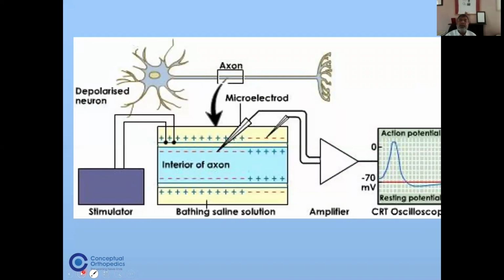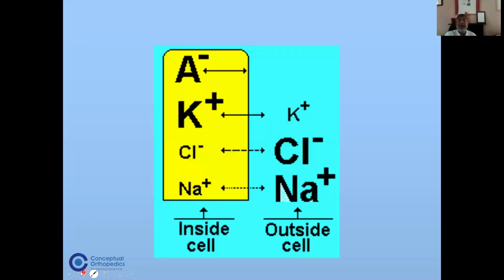If you put an electrode inside a nerve and outside, there is a difference, and that is the resting potential. So normally we say it's minus 70 millivolt. It is negative inside and positive outside. You will wonder, why should we keep this imbalance? Normally we should always live in peace. Chemically and electrically, there should not be any difference, but there's a purpose for this, and we will know that when we understand the nerve conduction study, why the body tries to keep this resting potential and what happens when it is disturbed. Okay, to start with, let's first understand how the action potential works and how resting potential